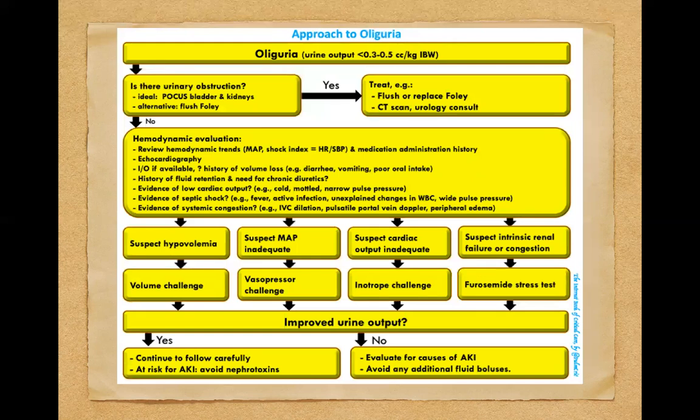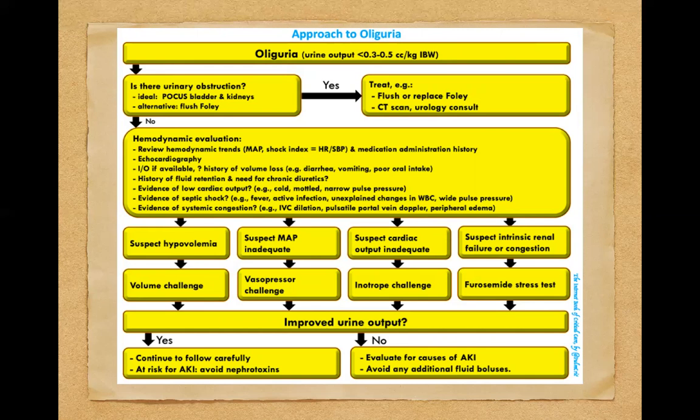So, this is also a nice diagram, when it comes to an approach to oliguria, one of the first things you can easily rule out is if there's an obstruction. Because we have a nice ultrasound in the ED, we can use that to look at the bladder and the kidneys to look for any hydronephrosis. And obviously, if a patient comes in with a blocked catheter that they've had for a while, that can also be one of the causes, and it's easy to just check and exclude that.